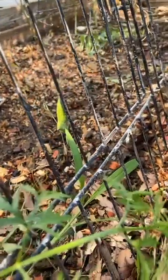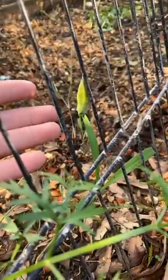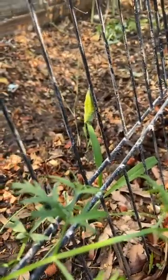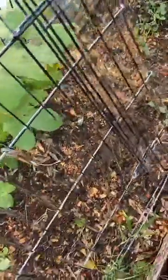Once they get a little bit browner color, I'm not gonna touch it. It's really dangly. I feel like it's so sensitive. But yeah, that's the first cocoon in our garden that we've noticed. If you take a look over here,